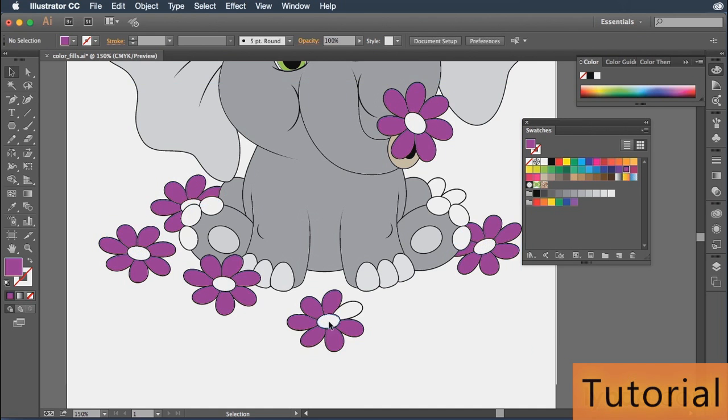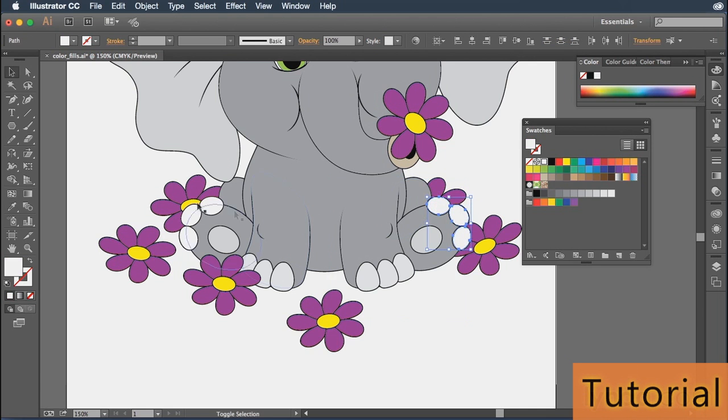Here's a cool thing about fills. Once you have the fill out on the canvas, if you're missing it anywhere else, like for instance I missed this one, you can just select the objects that are missing it, press the letter I on your keyboard. That's going to give you the eyedropper tool and allow you to sample a color from anywhere around there. Now I want to make sure that my toenails on the back of the elephant here match the ones on the front. And then let's pan up here,